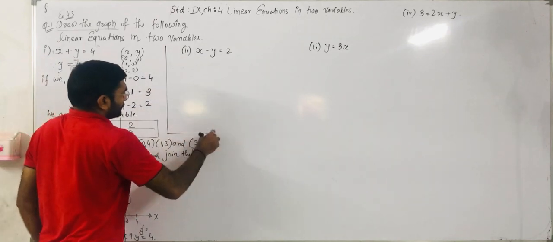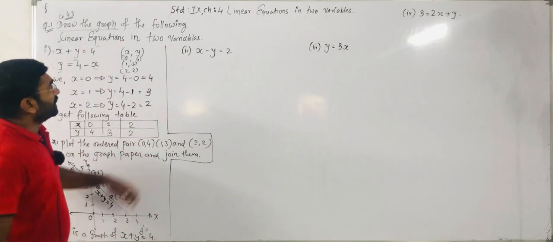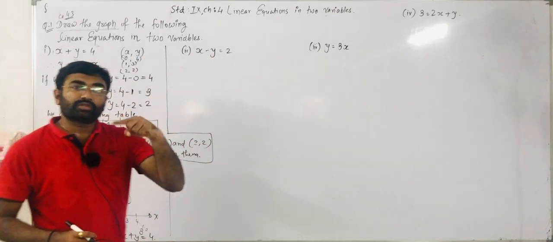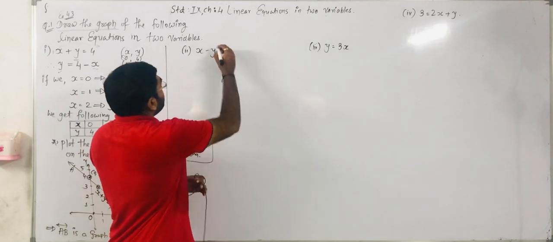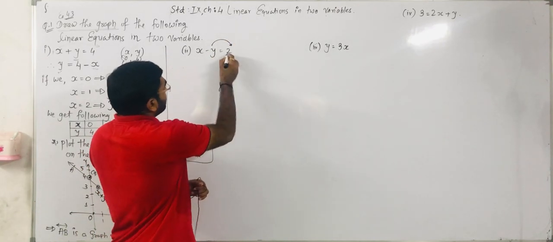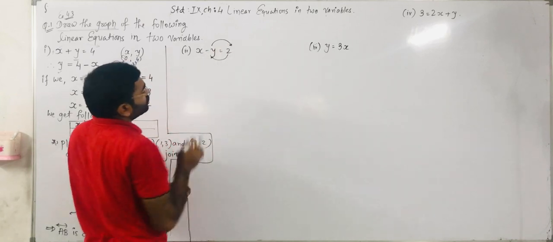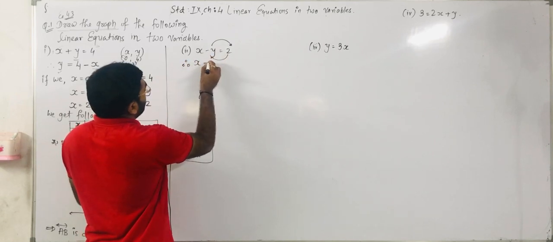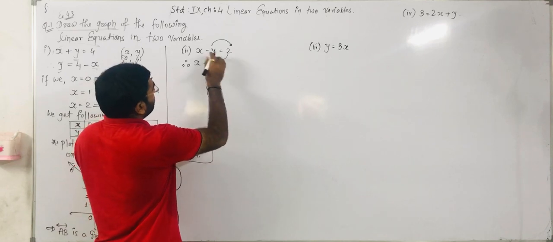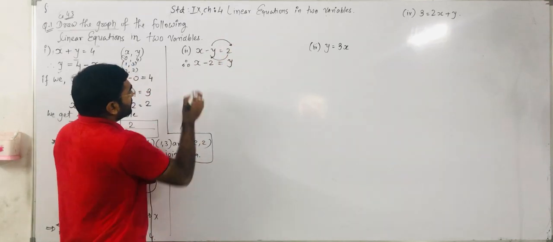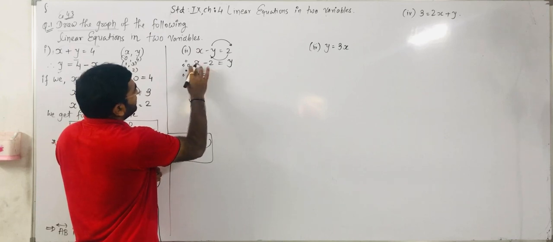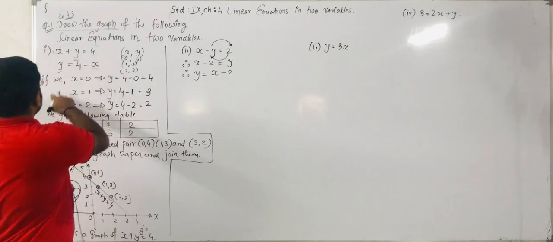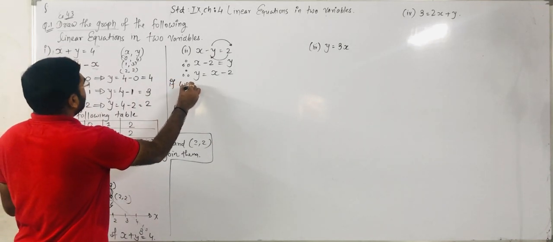Okay, so here we are solving the other equation. As I told you, another equation is given: x minus y is equal to 2. From this equation you have to make y the main term. If you make y the main term, then positive y will be required. So the 2 goes to the right hand side, and y goes to the left hand side. So we get x minus 2 equals plus y. So in short, we get the equation y is equal to x minus 2.